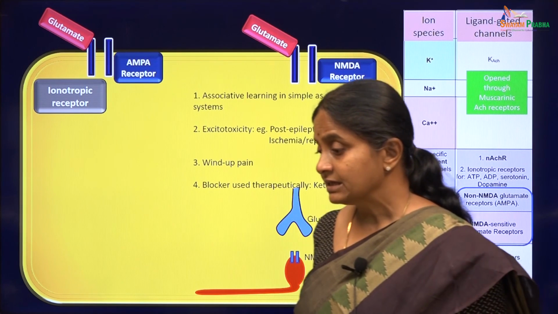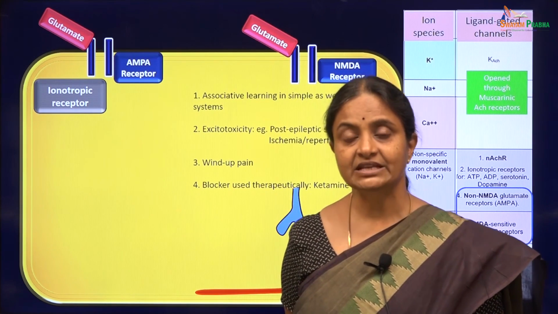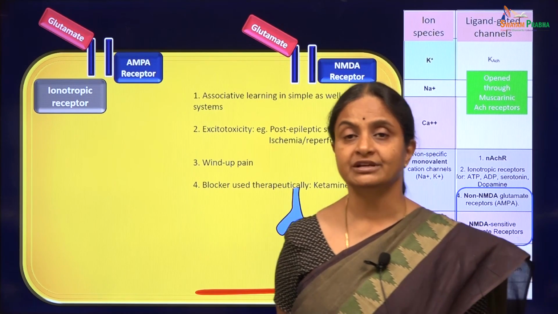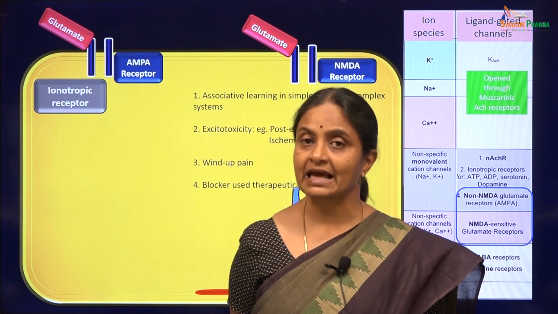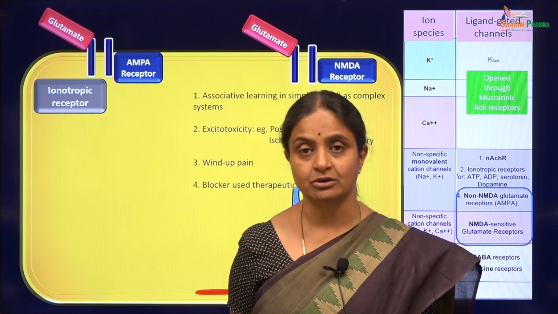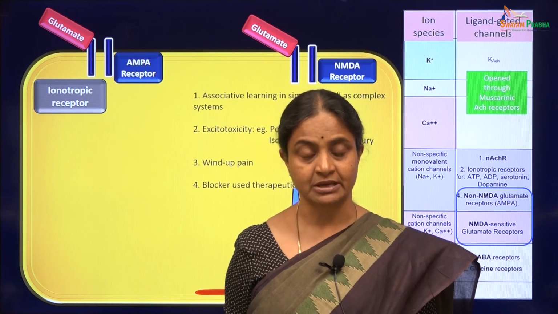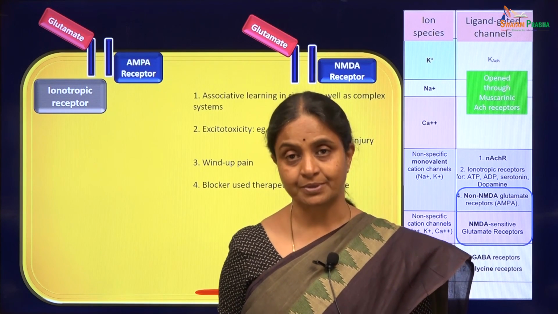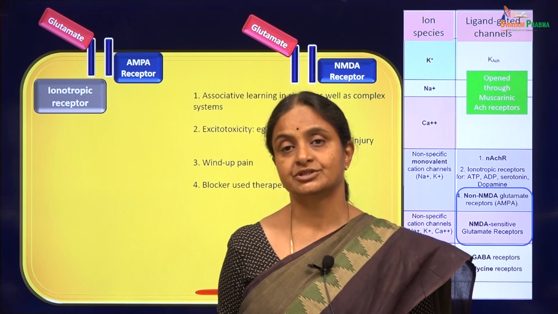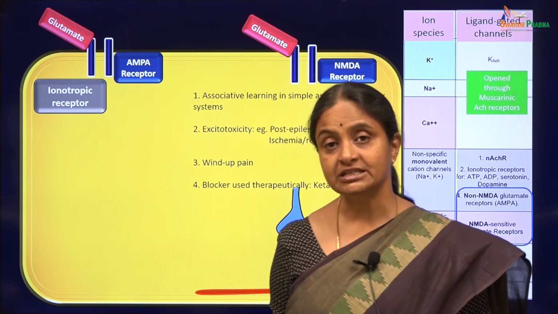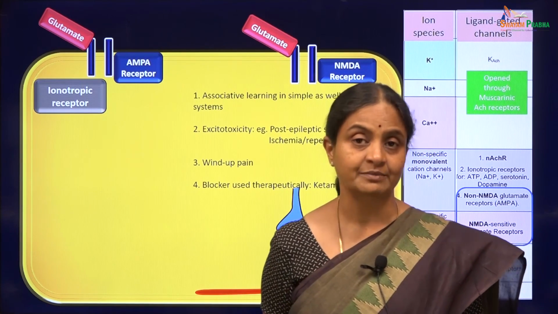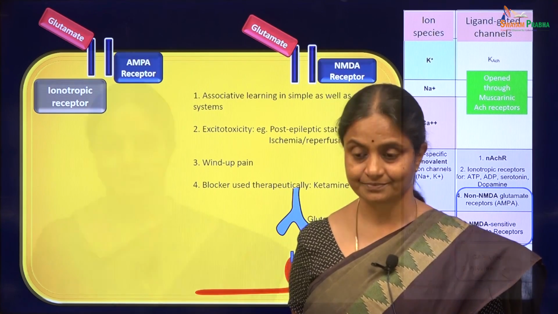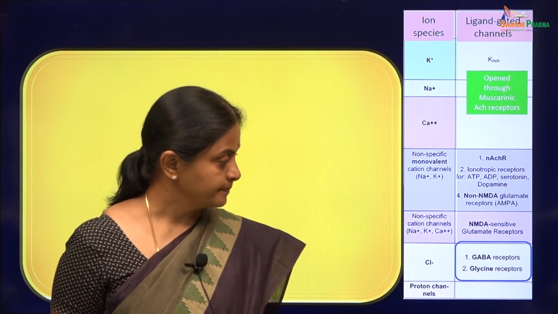Not only this, NMDA receptors are extensively studied and are implicated in a number of neurodegenerative disorders like Alzheimer's disease, Huntington's chorea, even Parkinsonism, and even schizophrenia. But attempts to develop treatment strategies for these diseases using some kind of NMDA receptor blockade have not been very successful. We will now consider